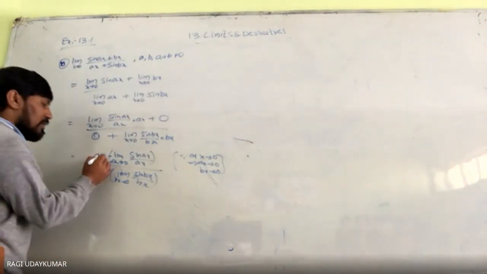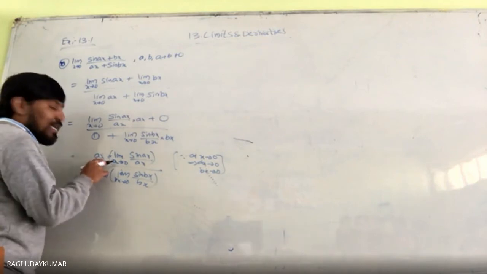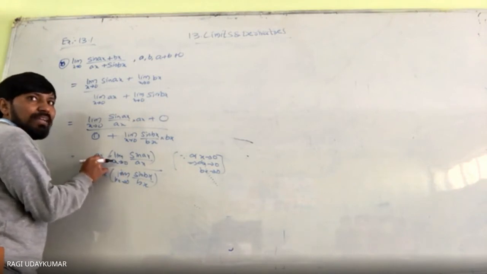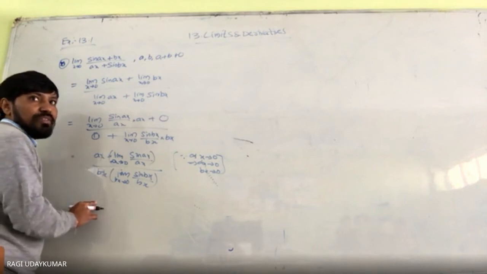Then what do you get here? This x by x will take care. And you may get a doubt here actually. Sir, as x is there, you can take the limit x tends to 0 here also, and the 0 here you can substitute. Then you are going to get 0 by 0 in that situation.